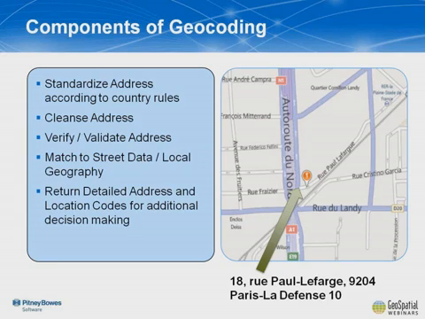Verified and validated, and then it needs to be matched to street data or local geography. At that point then, detailed address and location codes can be returned on that address for additional decision making. And this particular address here is in France, in Paris, and you can see that if you're from an English-speaking